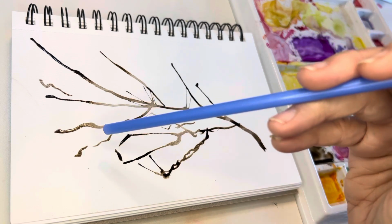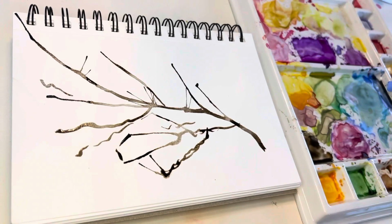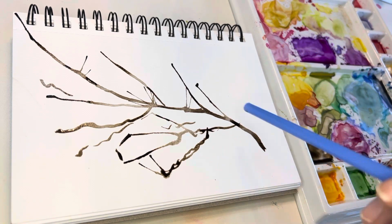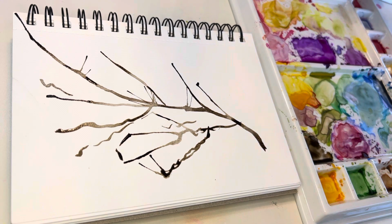I like getting these random little shoots like that. I think that's kind of fun, and it looks very cherry tree-ish. Now the next thing I'm going to do, this is really fun, and let's use that. This is where